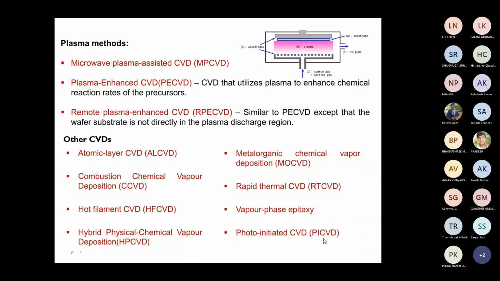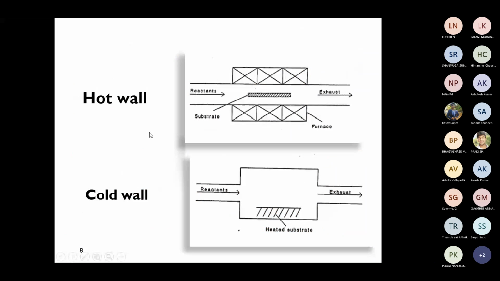So there are several different CVDs available in the market, because CVD is not a new technique; it's a very old technique, and that's why there are a lot of products, I mean instruments, available in the market. Hot wall and cold wall is something we need to understand, because it comes up in several places. In hot wall, you can see the furnace arrangement here. If you turn on the furnace, the entire chamber inside will be hot. A cold wall chamber is not heated, but the substrate sits on a heater, so only the substrate is heated in cold wall.